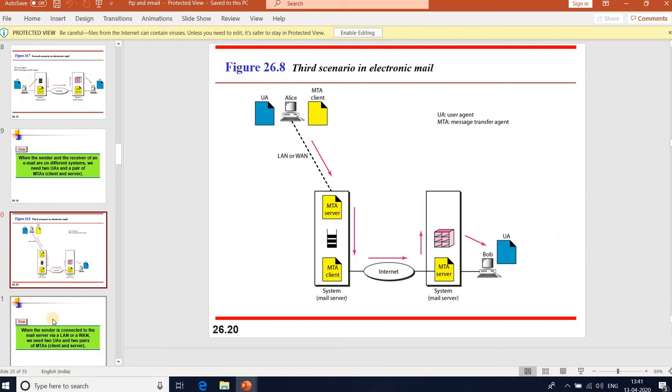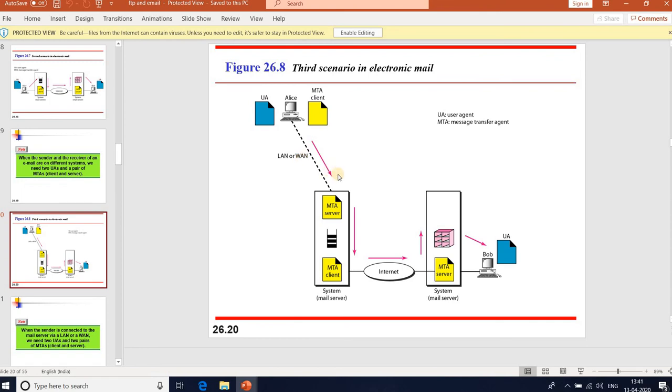Coming to the third scenario, Bob is directly connected to his own system, but Alice is separated from our system here. So Alice is connected to the system via point-to-point WAN or LAN, you can say.